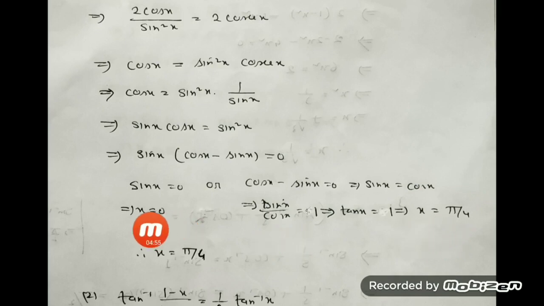Now we see we have got two values of x. But when you get the values of x in case of solution, you just put the value in your given equation and verify whether it satisfies or not. I'm just putting here x equal to 0 in the given equation. You can show the calculation or otherwise directly also you can do. 2 tan inverse of cos x. If I put x equal to 0, it becomes cos 0. What is the value of cos 0? It's 1. Right? 2 tan inverse of 1. Tan inverse 1 is pi by 4. So 2 pi by 4 is pi by 2.